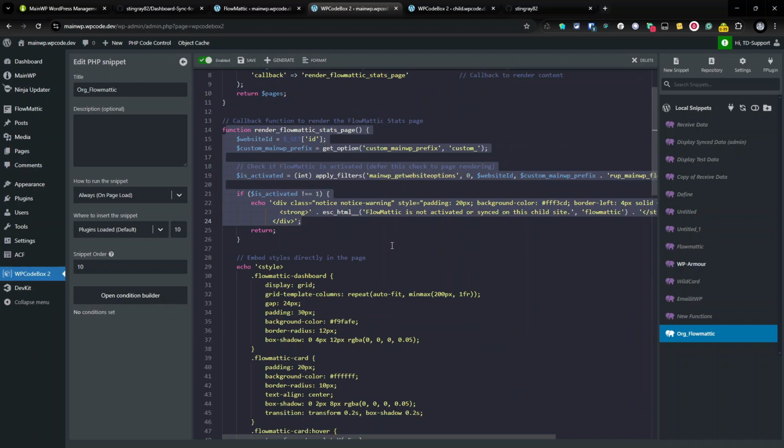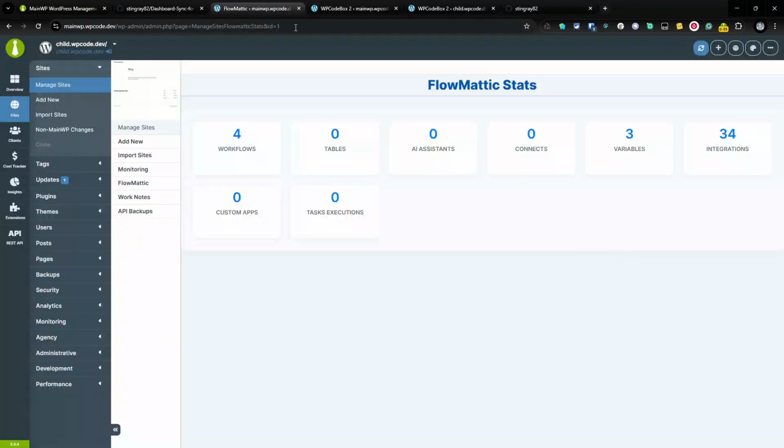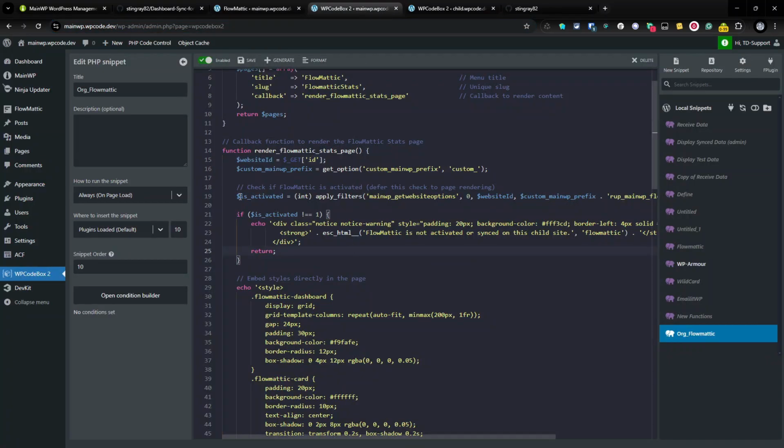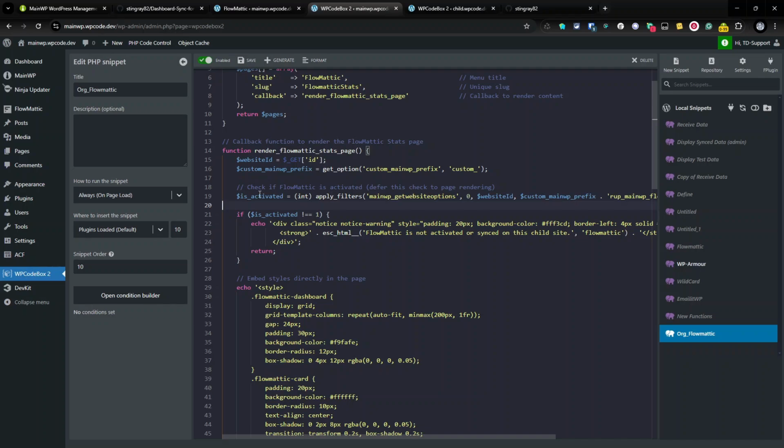And this is just a page, and in this case, is flowmattic activated? If not, you'll get a notification. It pulls your custom prefix from the database. It gets the website ID from the URL. So when you're viewing a site, your ID is actually in the URL, and it just gets it. So this is site 1, so it's pulling site 1. It then continues to check from MainWP get options if that's a 1 or 0,